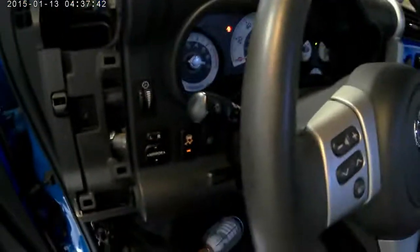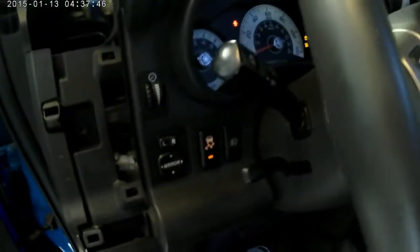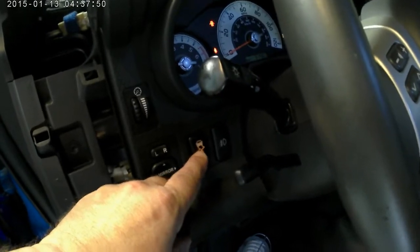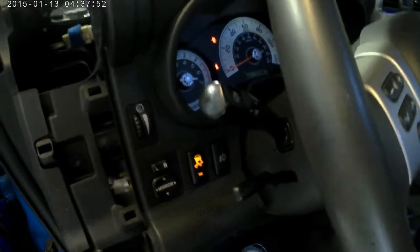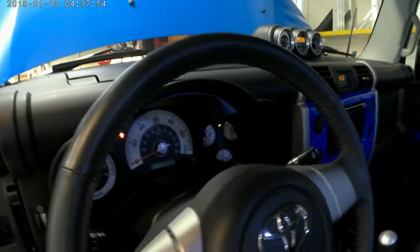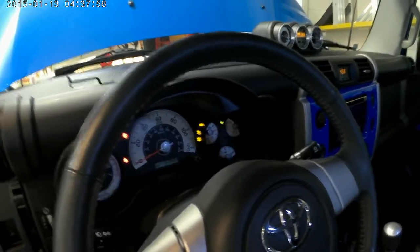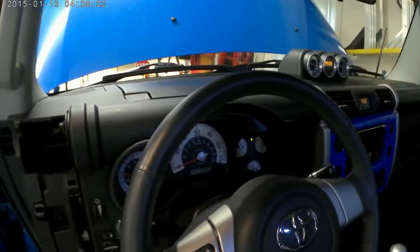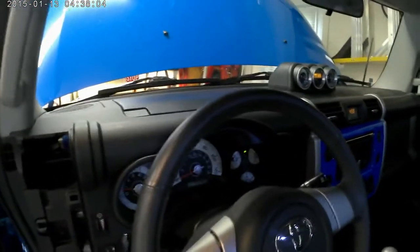So basically, the way it worked out, my 9-volt battery didn't give me the whole thing like the 12-volt did. So basically, when this is dim, that means it is off. When this is bright, that means it's on. And it coincides with what's on the dash. So this will be kind of neat. I don't have to worry about, again, pulling out and having the stability control kick in and kill the power and throw the brakes on and all that. So that's it. And as far as down here goes,